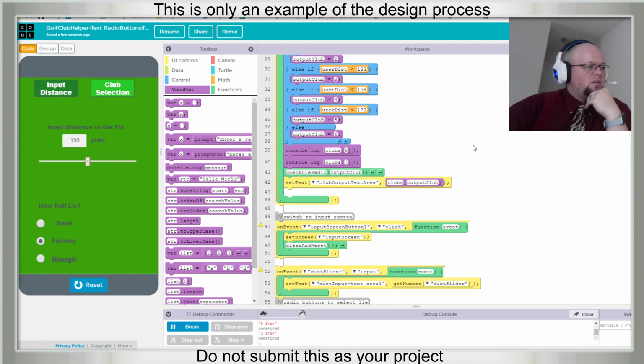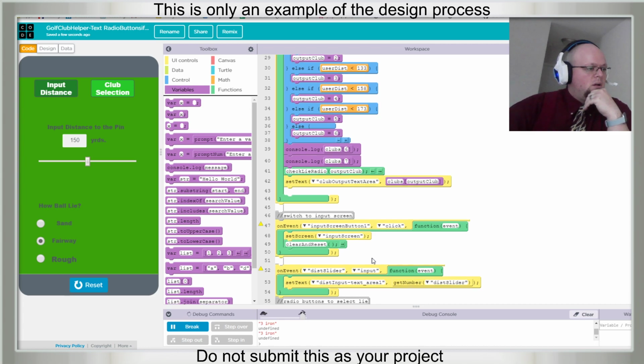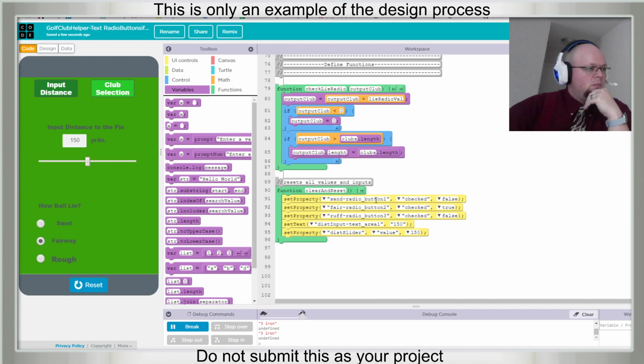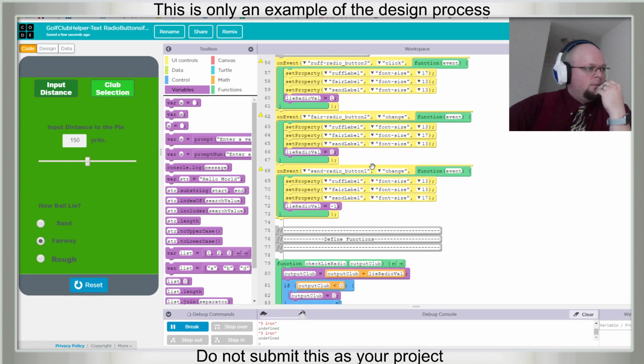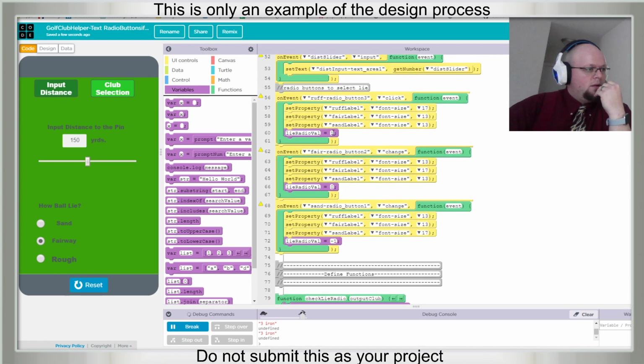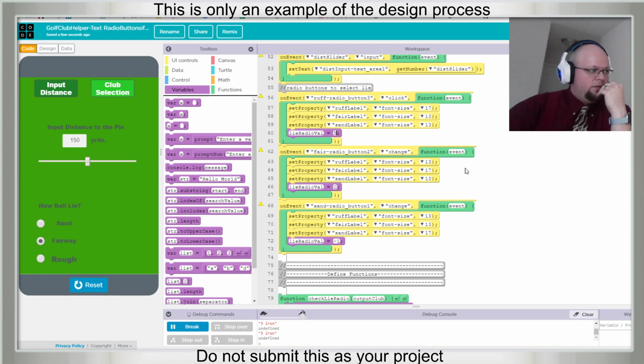Maybe that is a characteristic of, let's console log if it's greater, let's make this 5.